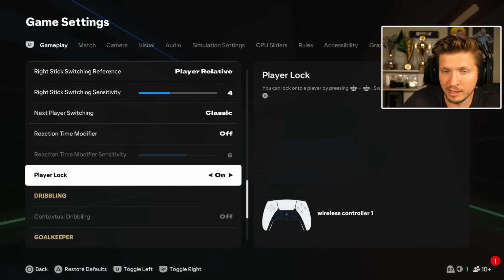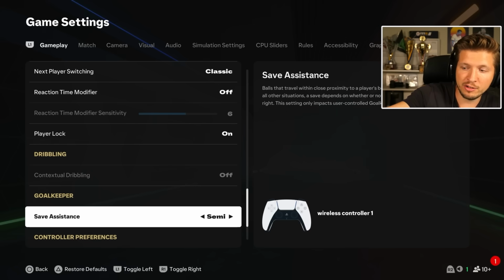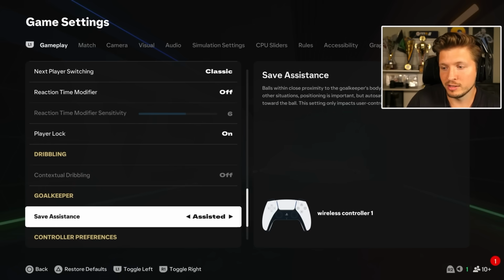Player lock must use feature, that one is on definitely, and the contextual dribbling is off by default. And this one here just impacts the goalkeeper in some separate game modes that is not like Ultimate Team, not online. This one doesn't matter, you can just put this on anything, but to make sure just put this